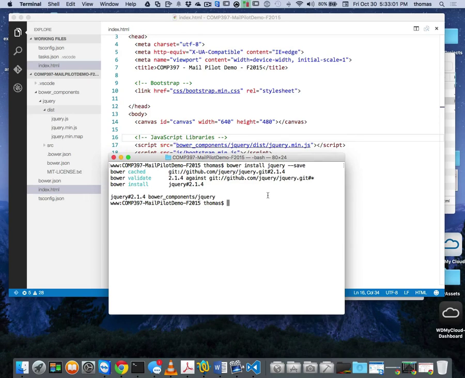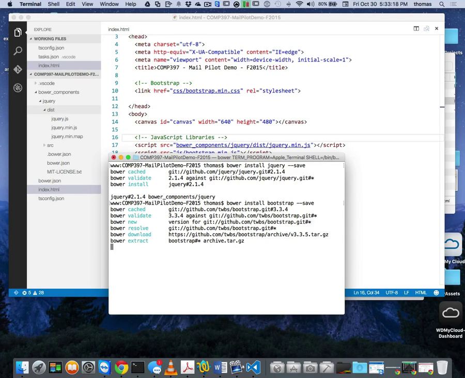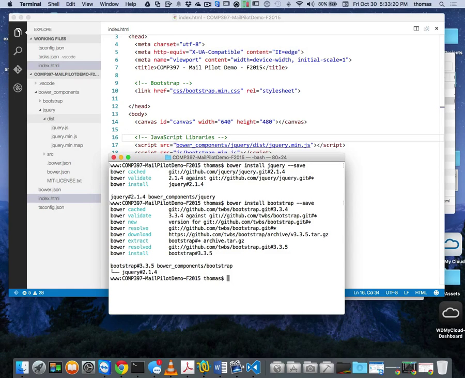All right, so we'll do Bootstrap. So we'll do the same thing. So we'll say Bower install, right, and we'll say Bootstrap. Let's see if we can find it, and then save, and press enter. So it's going to go out to the network, try and find a match for Bootstrap, which it does. It'll drag it down with all of its dependencies, right, and install it alongside jQuery, right, inside the Bower